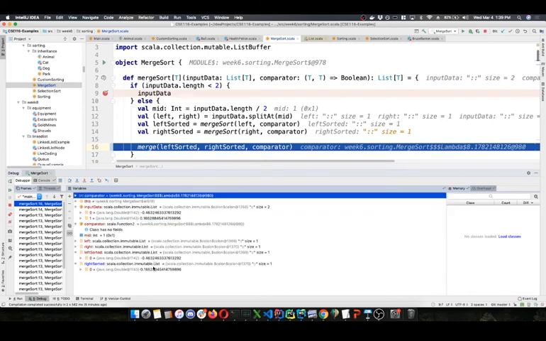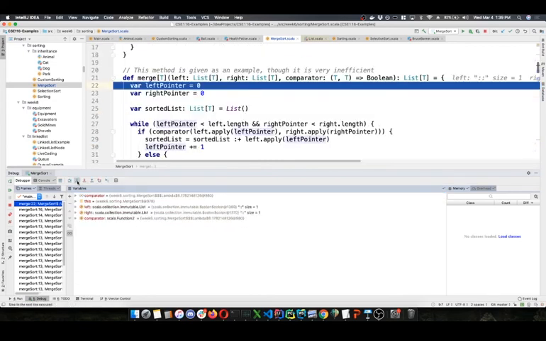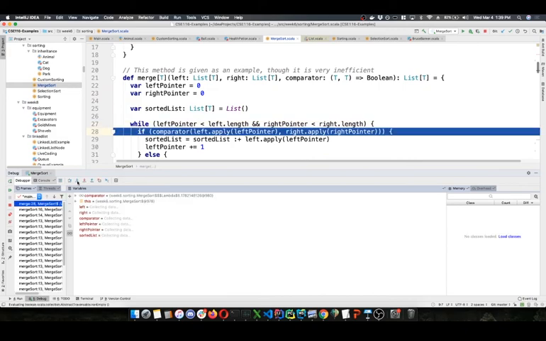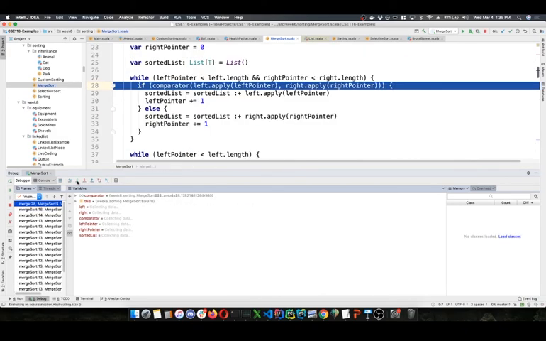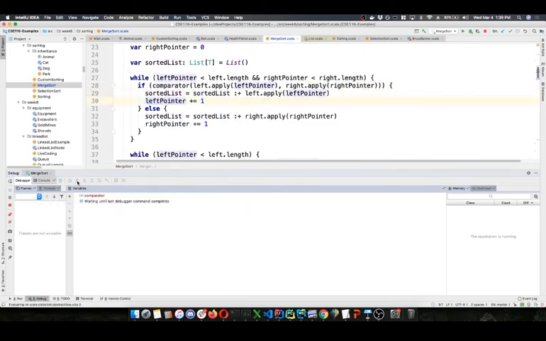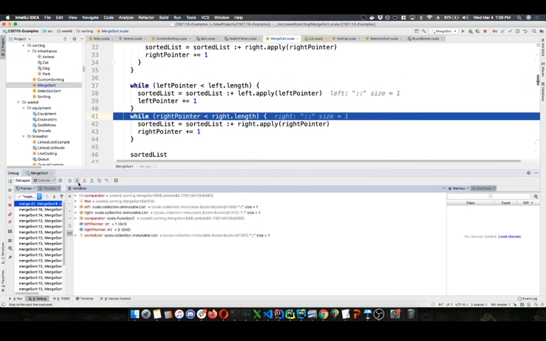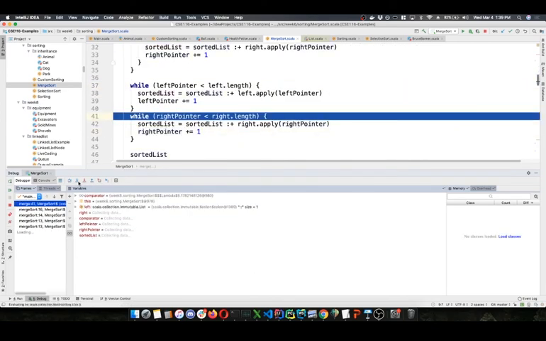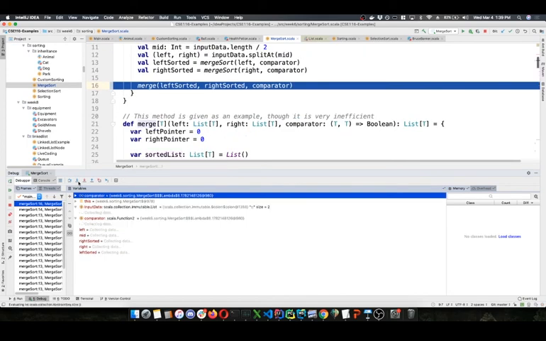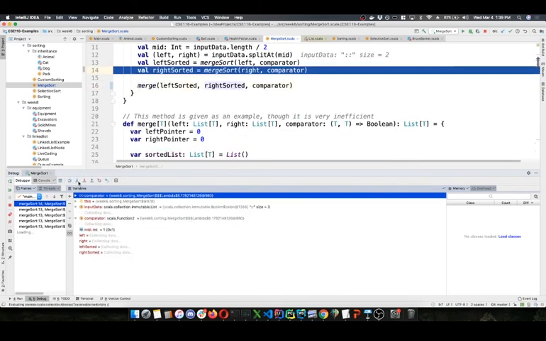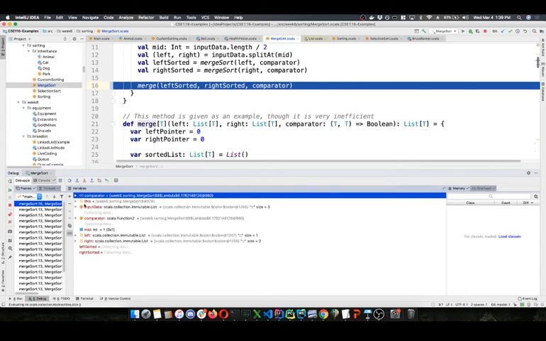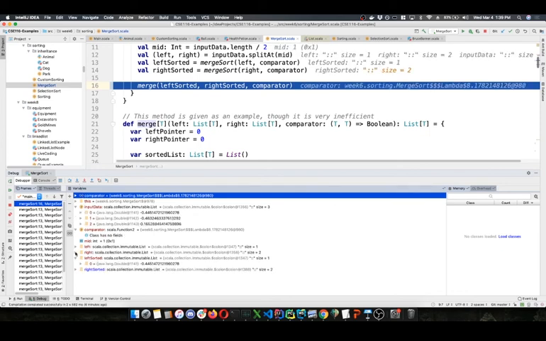Now we're finally ready to call merge for the first time. We're going to merge these 2 lists. We're going to do all our pointer stuff, some good times. I'm going to skip through all this. It's not too interesting to look at 2 pointers, just looking at 1 element, 2 elements, I guess, and return that sorted list. So we've merged. So we successfully merged those 2 lists, and now we have our right sorted,